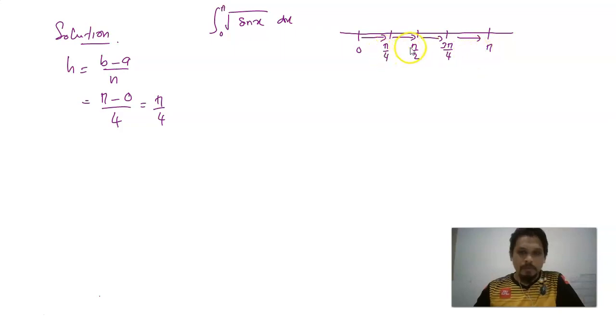1 over 4, 2 over 4, 3 over 4, and 4 over 4 or 1 pi. Okay, sorry. Okay, now from here, again,